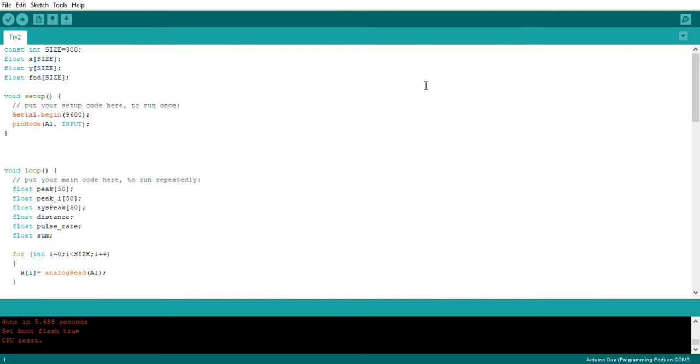We define a constant integer 300, which is the number of samples we will take at one time. The float arrays x, y, and FOD will be used further in the code to store the data. In the void setup loop, we'll put our setup code, which is Serial.begin(9600), where 9600 is the baud rate we are using